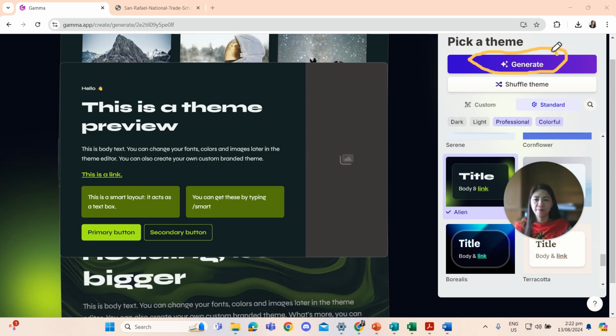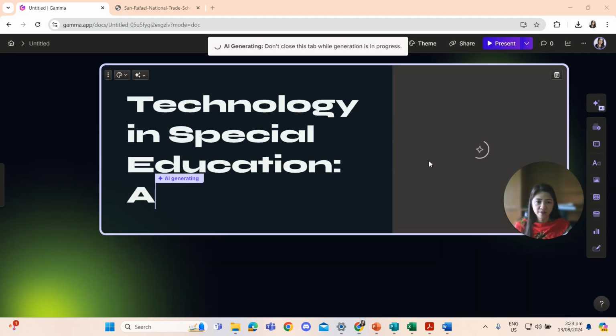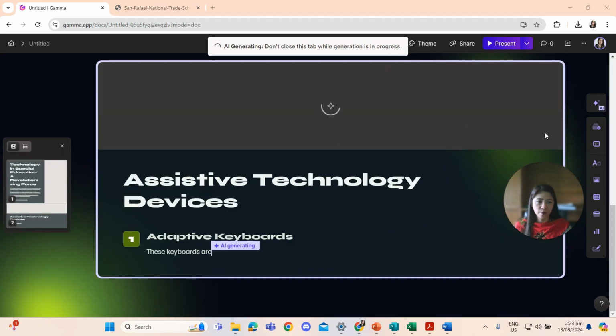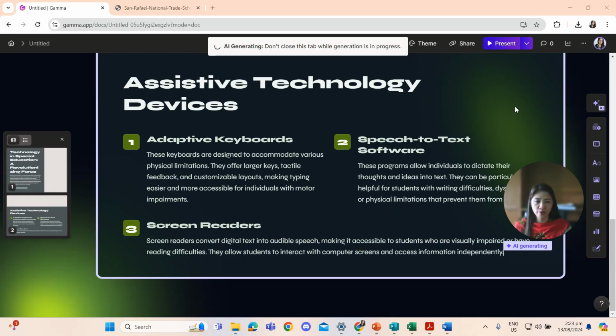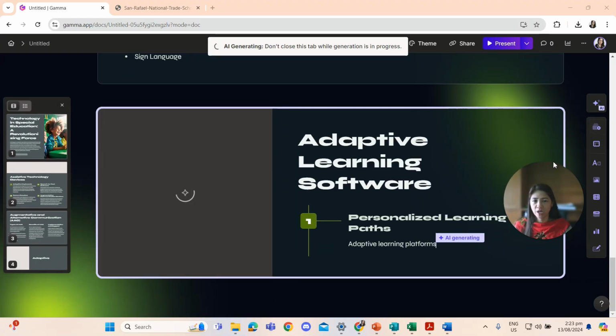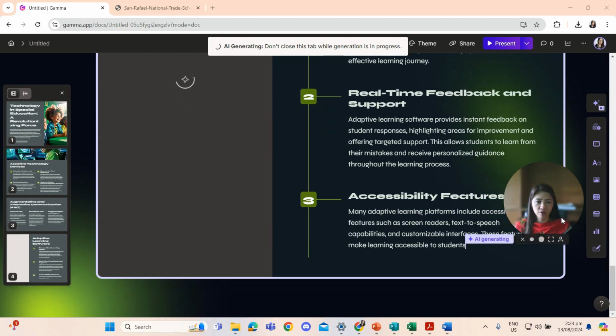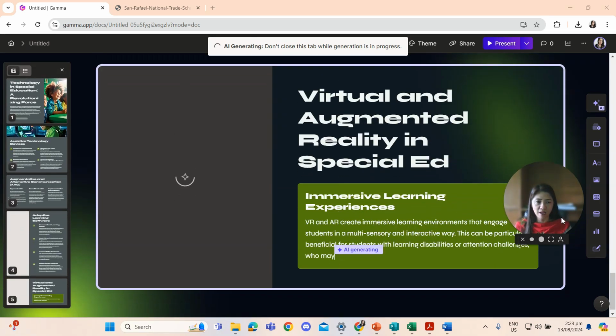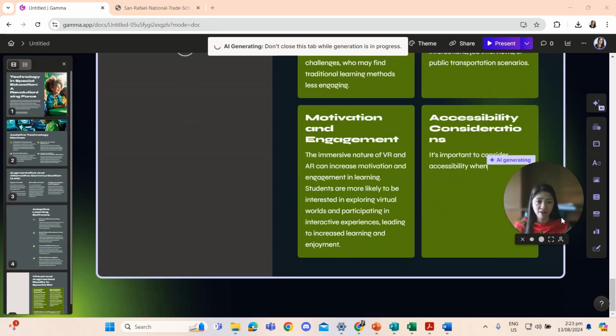Generate. Okay. Then after clicking generate, let's see what will happen. Let's wait for Gamma to generate our PowerPoint presentation on technology and special education. So Gamma will provide information and details about my topic, about what I have typed.